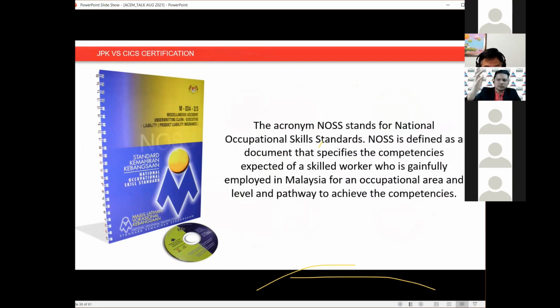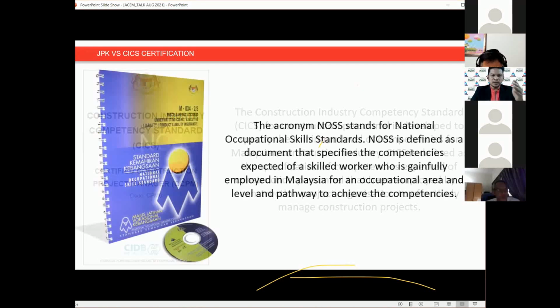Even though we can talk on the same, for example, site supervision at level 4, hopefully they can become another set of competency from construction project manager, CPM, and later on become CCPM at level 6. So it's been spelled out under this NOS how we can derive the specification from level 4, level 5, and level 6. In fact, level 1 to 3 also has.